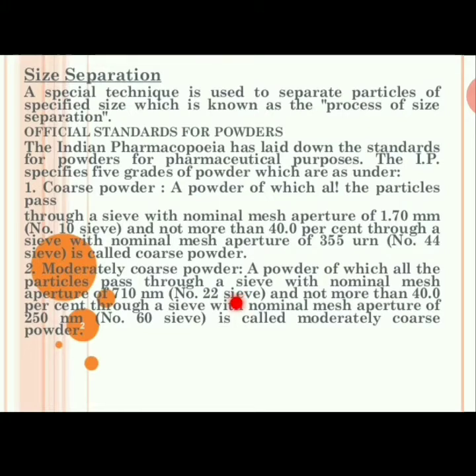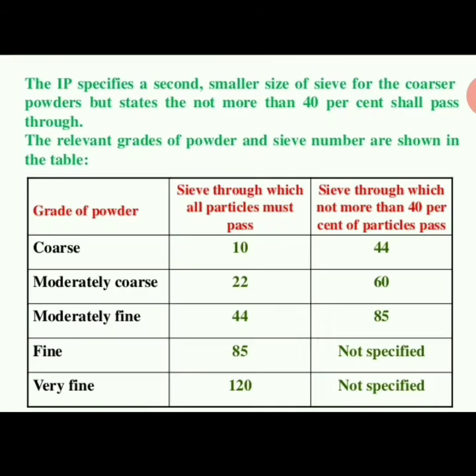44 number sieve, 85 number and 120. Here, for coarse powder grade, the sieve through which all particles must pass is sieve number 10. Here the sieve through which not more than 40% of the particles pass. Means here the material is passed from 10 number sieve and not more than